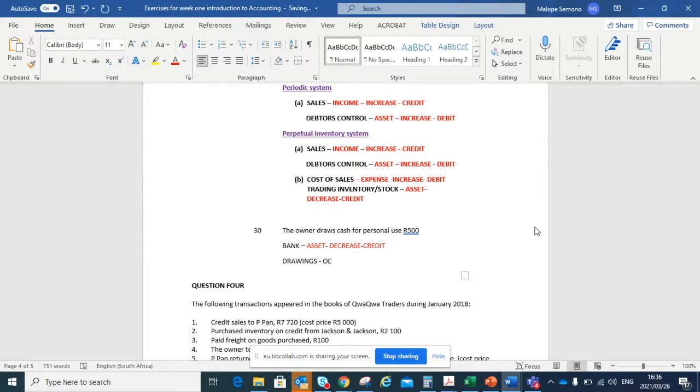So I'm going to just note that it's a negative owner's equity. Because drawings is a negative owner's equity, let me put it in brackets to show that it's a negative. If you check the rules, drawings increase on the debit side. Why does it increase on the debit side while owner's equity increases on the credit side? It's because drawings affect owner's equity negatively, so it cannot increase the same way as owner's equity. It has a negative impact on owner's equity. I hope you understand what I'm talking about.